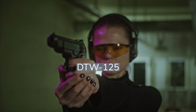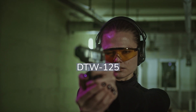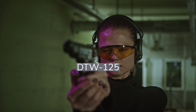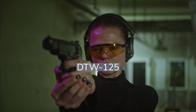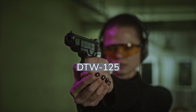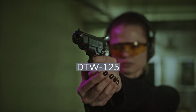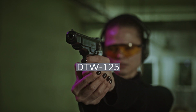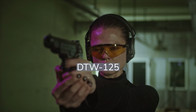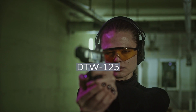Get ready for an exciting part as we dive into DTW 125. Second generation Chinese sabot round introduced in 1999. Initially 125IM acted as the export version with reduced velocity, but with the introduction of 125, the DTW 125 itself became exported under the name. Country of origin, China, projectile dimension 642, round weight 21.36, projectile weight without sabot 4.1, muzzle velocity 1740 m/s, muzzle energy. Penetration, at 200 at against